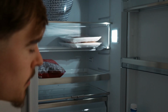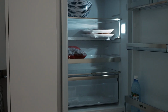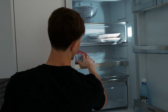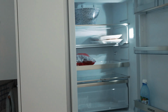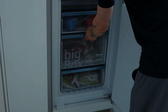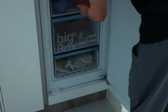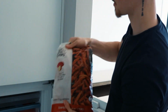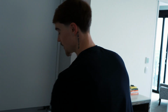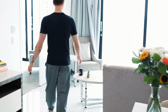Fridge. So I know a lot is in here. It's crazy, right? You can't even tell. So we've got sweet potatoes right here, and we've got some chicken. Crazy, I know. Then we've got the freezer. We've got some blueberries and strawberries. This is quite something. This is sweet potato chips. I love this. Low in calories, extremely delicious. Now, moving on